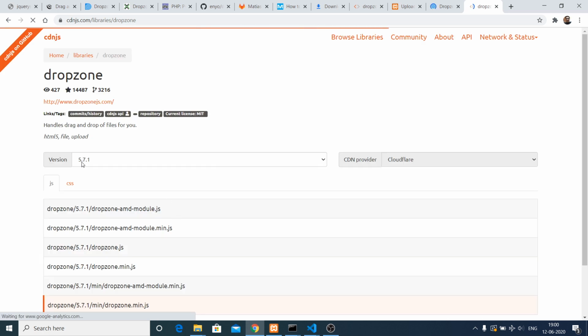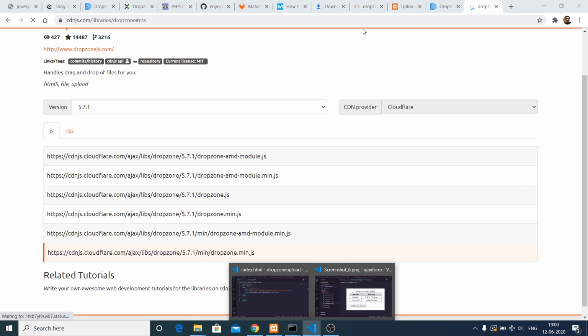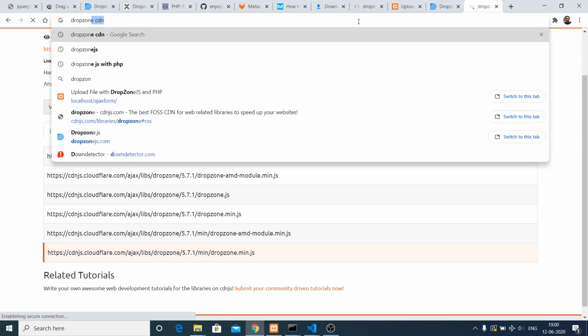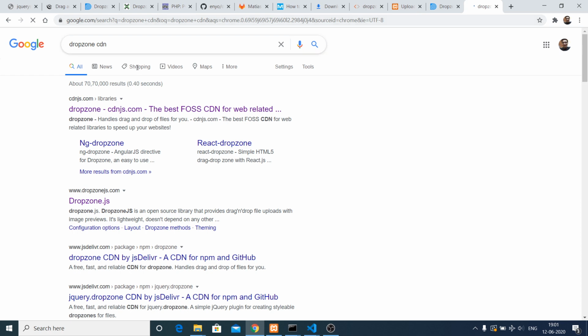So first of all, we need the CSS part. So just select CSS. So this is a website, guys. So just go to this website.